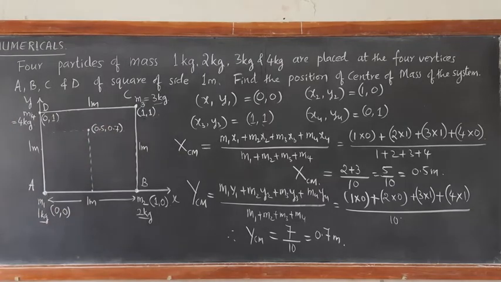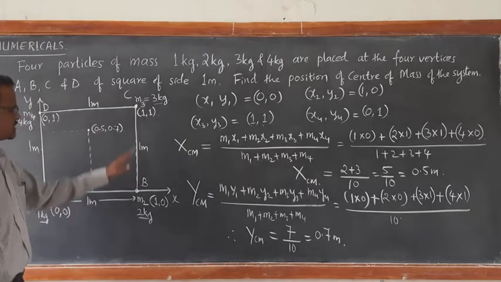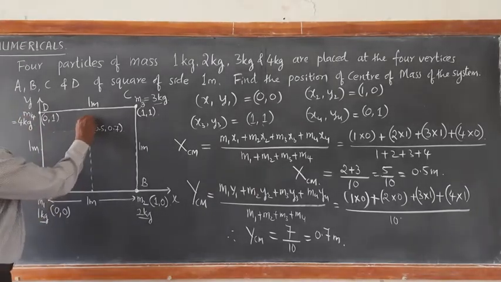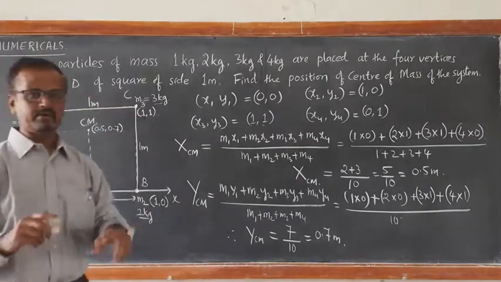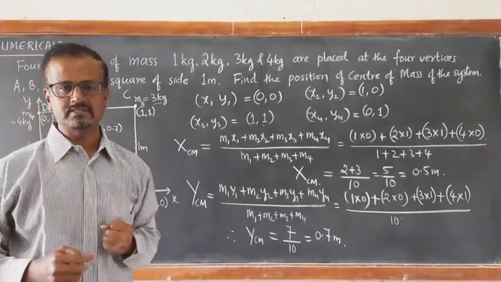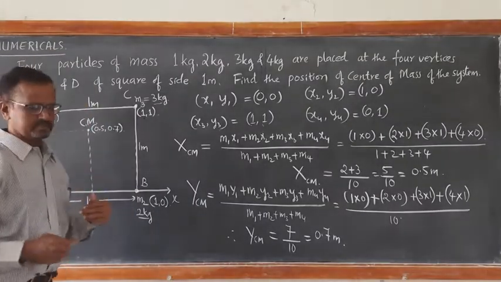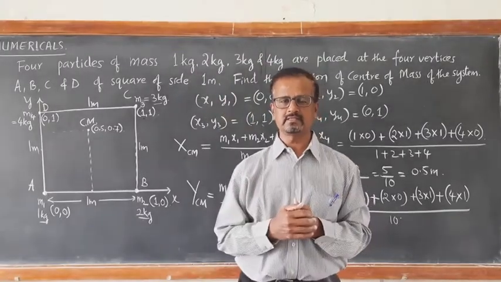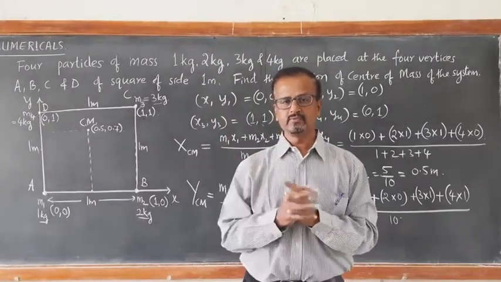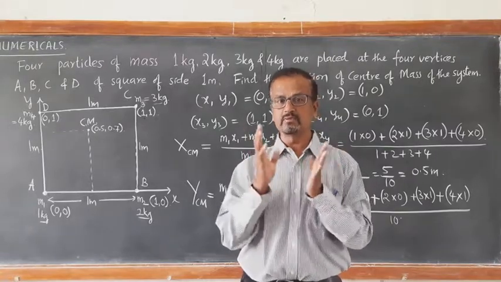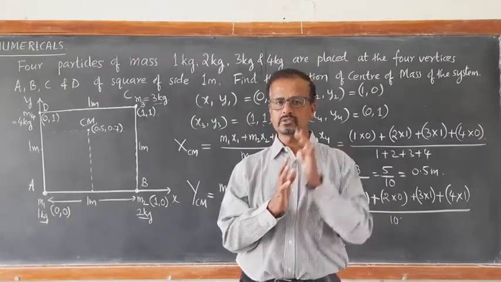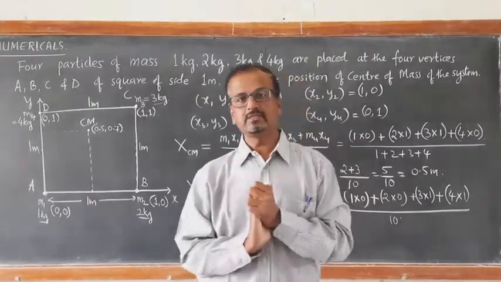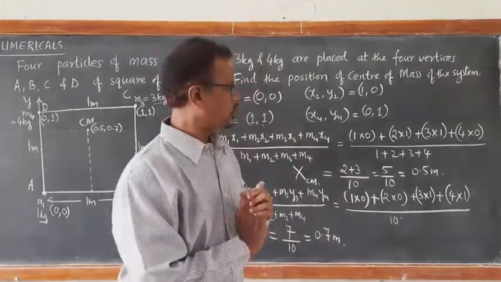So if you look at the distribution of masses, 1 kg, 2 kg, 3 kg, 4 kg. From this problem we understand that center of mass is close to the particles having higher masses. The significance of center of mass you will understand when we study the motion of center of mass or rotational motion of the body. When the body undergoes rotational motion, if it is a rigid body, then the body rotates about an axis passing through the center of mass. Right? That's what we are going to study later on. So these are the two problems.